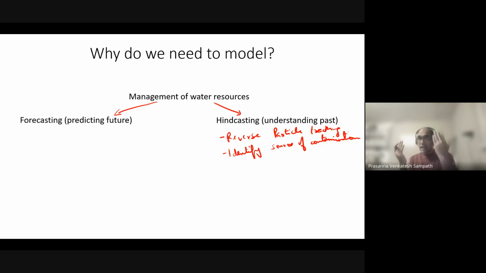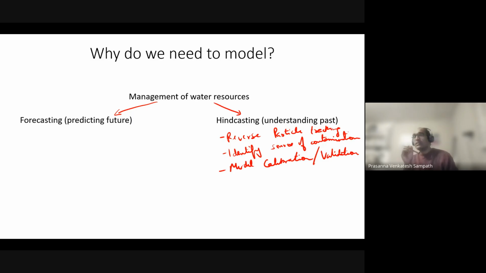So I can use that data to match it with my model prediction, and that will help me say that this model is good, right? It is able to match the past data. So therefore, I can trust this model to predict the future data, right? So it's a process of what is called model calibration/validation. Because remember, in my model, I will use different parameters: hydraulic conductivity,